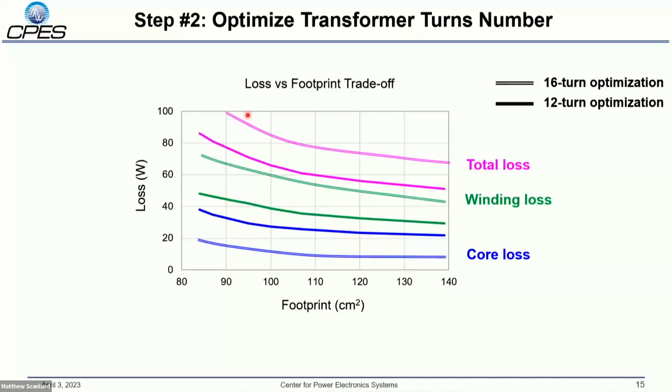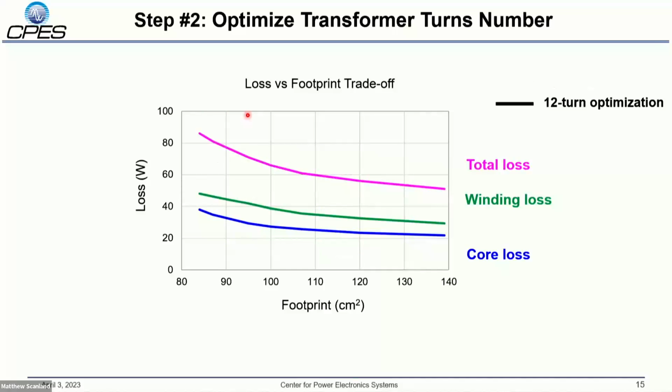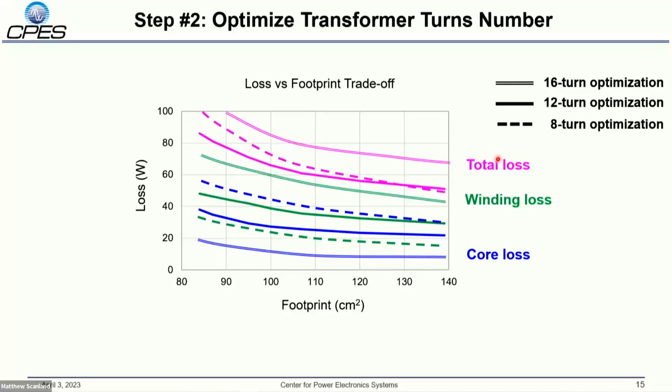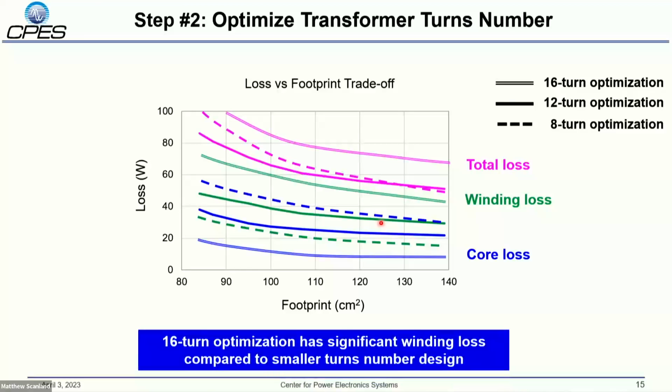From this one, we will have these 16 turns as we can see here. And as we can see, the winding loss for the 16 turn case is significantly higher compared with this 12 turn optimization. And if we have these 8 turns in optimization on the same page, we will see the winding loss will be further reduced, but the core loss will increase significantly with the same footprint. In this case, we will find that the 16 turn optimization has a significant winding loss compared to the smaller turns number design. And then we will